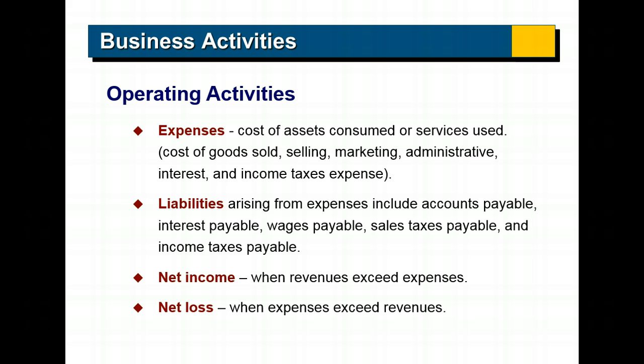In operating activities, we have expenses. Those are costs of assets consumed or used to provide the services we use. So for example, with the Shoemake CPA, I have rent I need to pay to be able to have people come in my office. I have telephone systems and internet services. I have programming where people have to come in and help correct or fix the computers. I have salaries of employees that help me do the taxes, answer the phone, greet the clients, work with the clients.